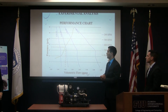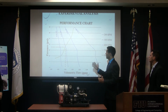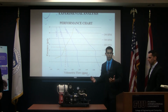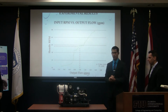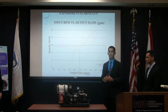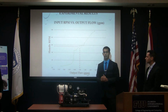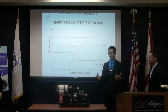We found out that our operation point is around 300 RPMs, which is good enough to provide 1 gallon per minute, which is our ultimate goal for the system. We also wanted to compare the volumetric flow with the handle RPM, the RPM that the person was giving the pump, to see how much effort that person had to do in order to provide the 1 gallon per minute. We found it to be less than 100 revolutions per minute, which is more than feasible for any regular